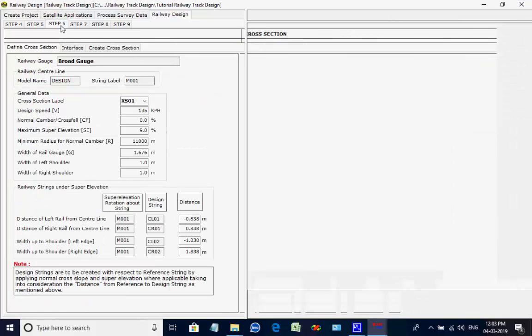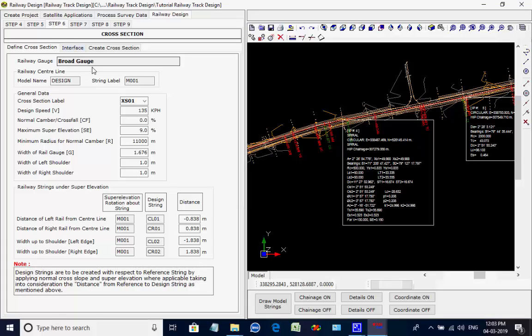Next, open the tab page for step 6, there are 3 more tab pages under this tab page. The currently open tab page is Define Cross-Section for creating the elevations of strings CL01 and CR01, the left and right railway tracks, and strings CL02 and CR02 for the embankment edges influenced by cant or super elevations at horizontal